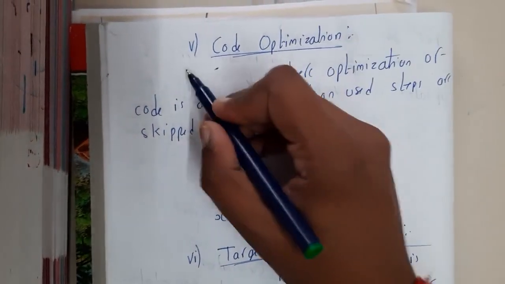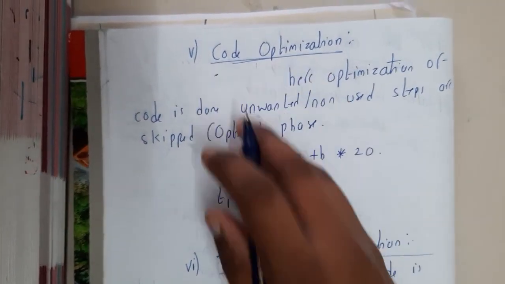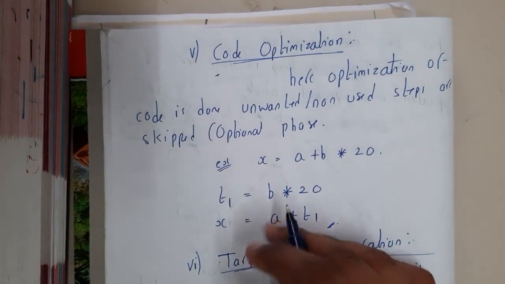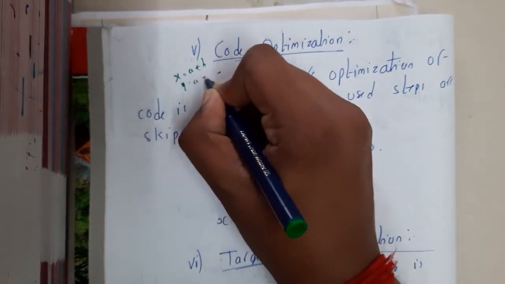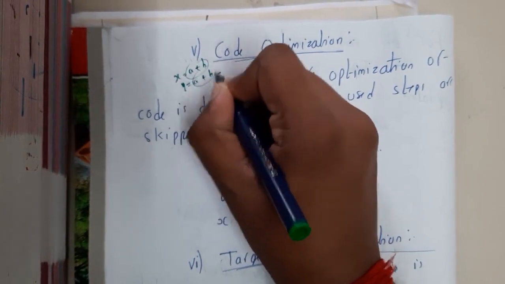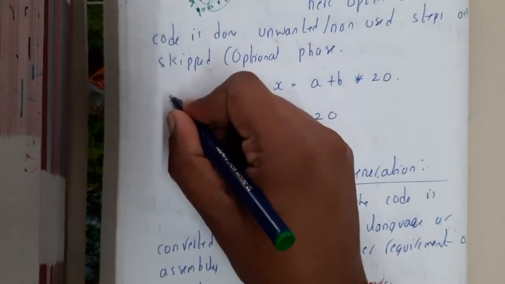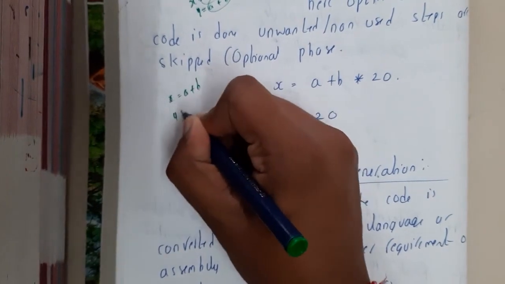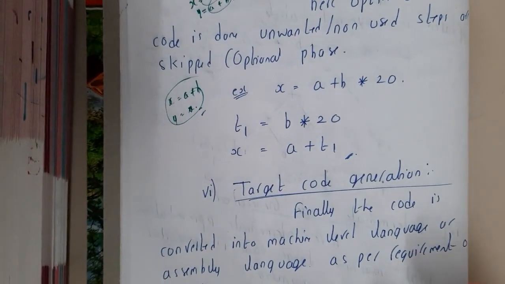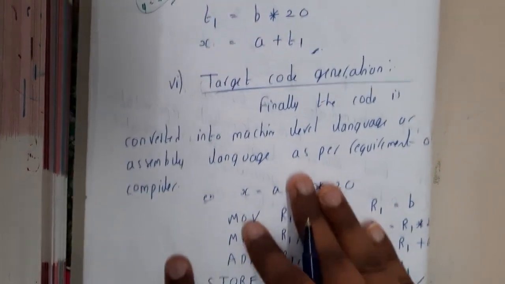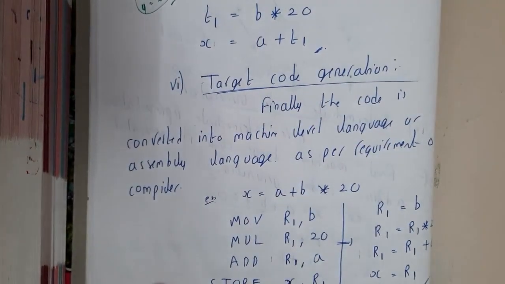Assume that you are doing x is equal to a plus b and you are doing y is equal to a plus b. Let me write it here: x is a plus b, and y is also a plus b. So here you are doing a plus b 2 times. What is the need of it, guys? You can just reduce it to x is a plus b, y is equal to x, right? In this way, this is the code optimization, in simple words.